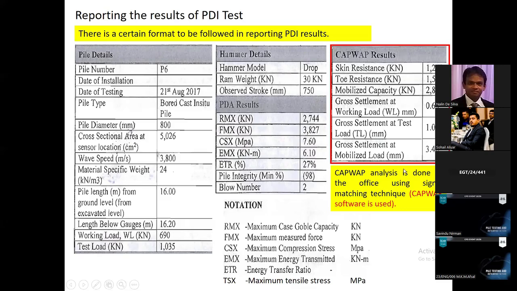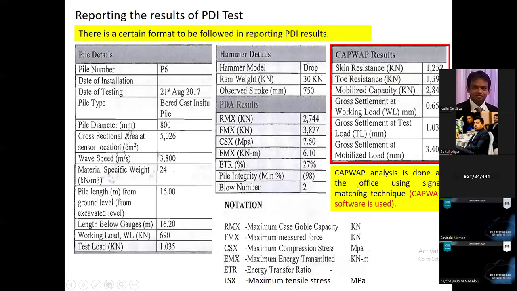Then this is important, CAPWAP analysis. CAPWAP analysis we cannot do in real time. After conducting the PDA test, we take the results and analyze them in the office using a signal matching technique, right? We are using CAPWAP software. CAPWAP means Case Western Reserve Wave Analysis Program. This was again developed by the Case Institute, so that is why it is known as CAPWAP software. Using the CAPWAP software, we can analyze